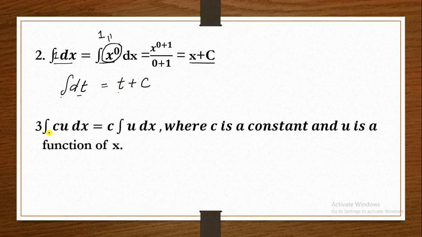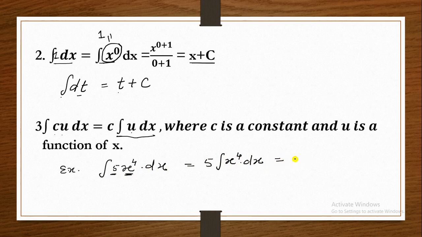Next formula, integration of cu dx. Here u is the function of x and c is a constant. So constant goes outside the integration, and after then you can do the integration of u. For example, integration of 5x power 4 dx. Here 5 is c and x power 4 is u. So 5 integration x power 4 dx